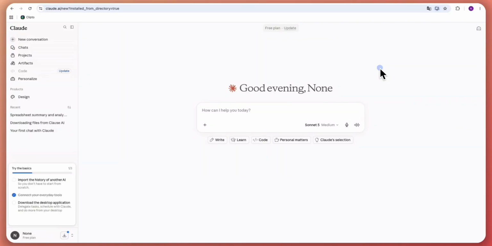Hey everyone, today I'm going to show you how to create a professional PDF using Claude AI. You can follow these steps using either the Claude application or the Claude website. So for this video, we're going to use the browser version, but the process is almost the same in the